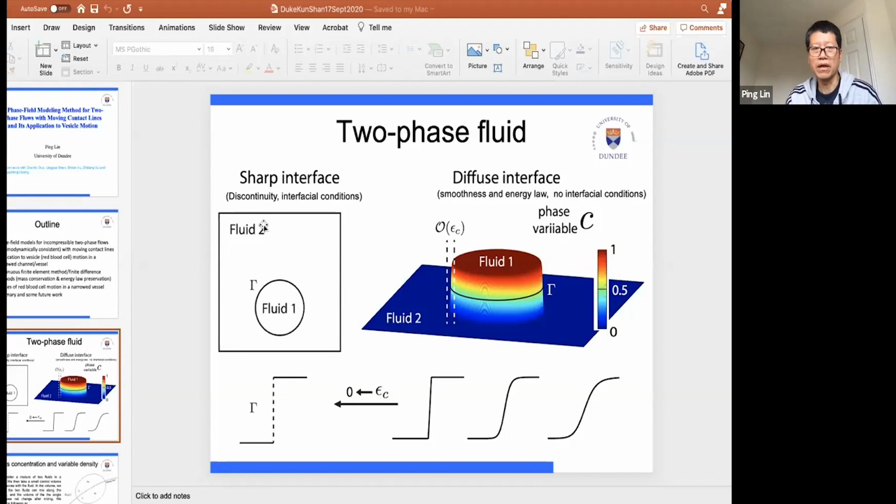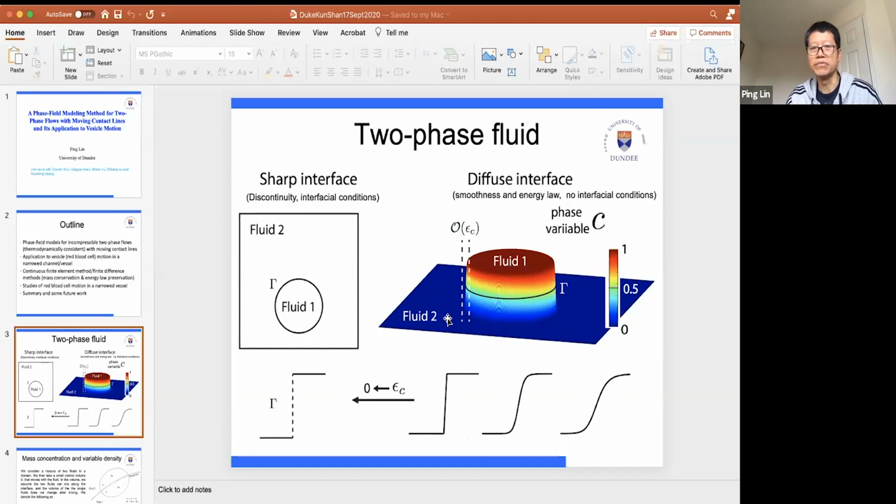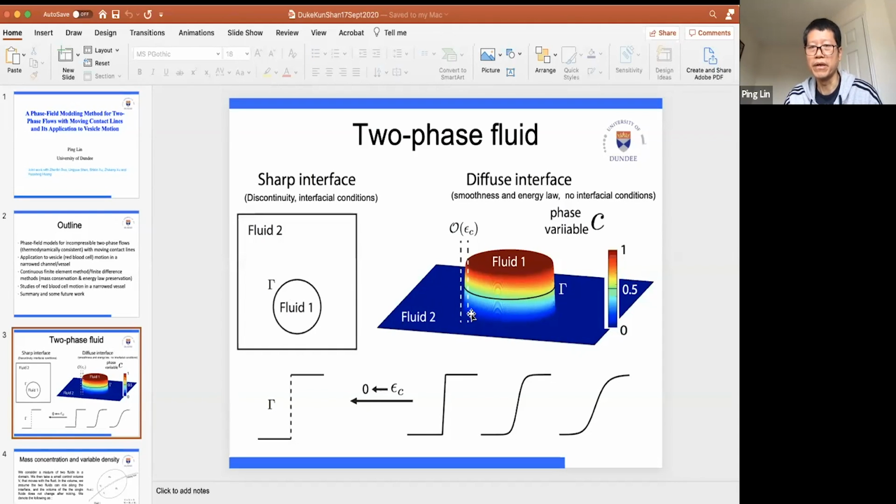Unlike here, where you can use a Navier-Stokes equation with different parameters for each fluid, here you have a mixing region, which makes the modeling difficult. But we have benefits. You get smooth solutions. You can have energy laws, and in the sharp interface setting it is sometimes very difficult to derive energy laws. But here everything's smooth,